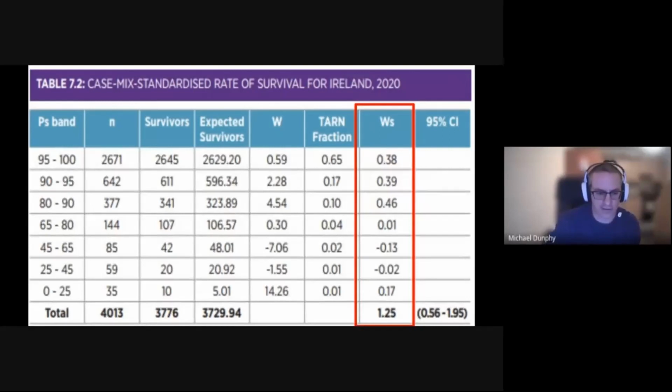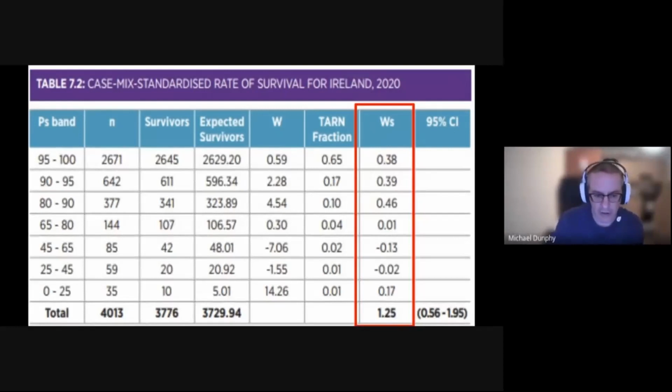But we can see here the confidence interval is positive, although there is a caveat here that we haven't got 100% data coverage. We're averaging 78% data coverage in 2020. So we had data on 78% of our patients, and it might well be that in future years, when we increase our data coverage and we're getting that extra 22% of patients that aren't captured, that the WS score might change. It might not. It has been pretty consistent since 2016 when we first began publishing it. It's been consistently around the 1.2, 1.5 mark. But most importantly with this, what we do see